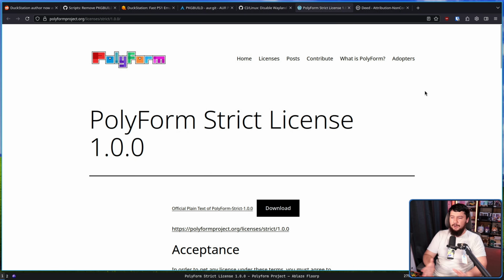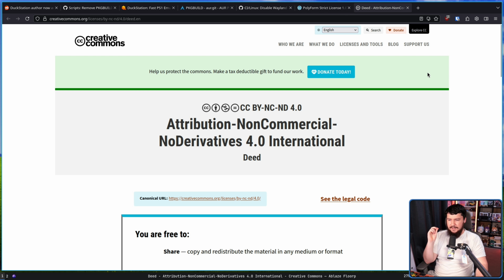And this was following an even earlier change where the license of the project was changed. So it went from a GPL v3 license, which changing to anything else from that is a bit funky, but considering Stenzek is the main developer on the project and basically everything is done by him, you can rewrite the parts that are not compatible and then basically do whatever you want. He changed to a Polyform strict license, and then from there went to the CC by NC ND 4.0, which